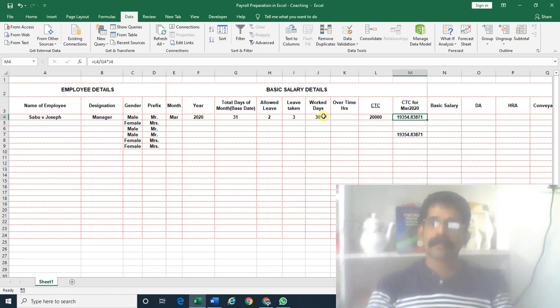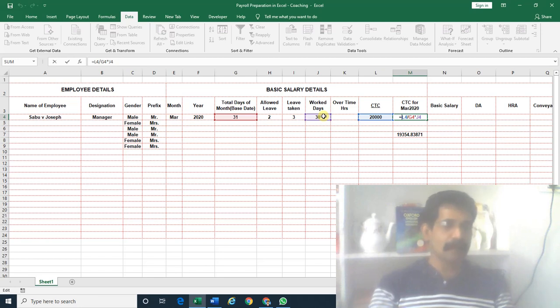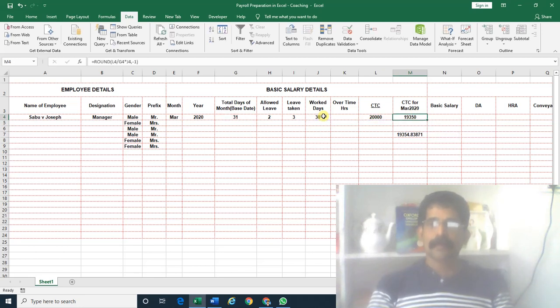If it is 5 or more, it will go to the next 10. In this case, if it is rounded, 19,350 it will come. So we can use another function, round, comma minus 1. Now it will be rounded down.